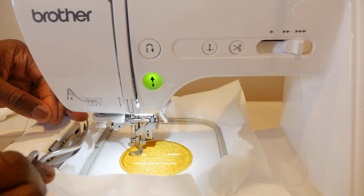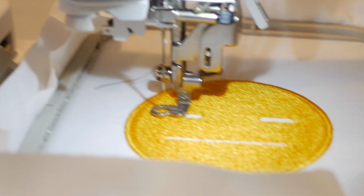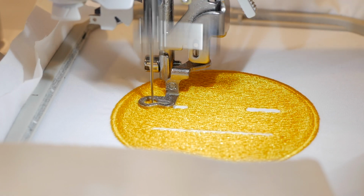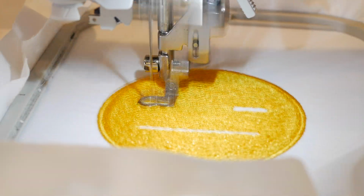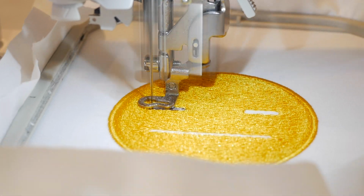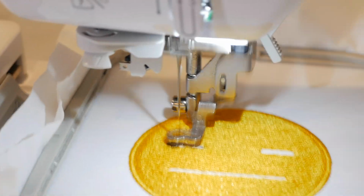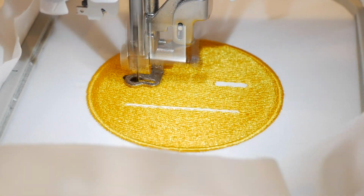After this, the design is going to be done. This part right here is just a 3-minute stitch out. So hit the button, let it start, and it's just going to fill in those holes. But it's not just filling in the hole. There's a slight overlap. When you're embroidering and you have those holes, you want to fill them in, and you want the color that you're filling them in with to slightly overlap, just in case the stitches